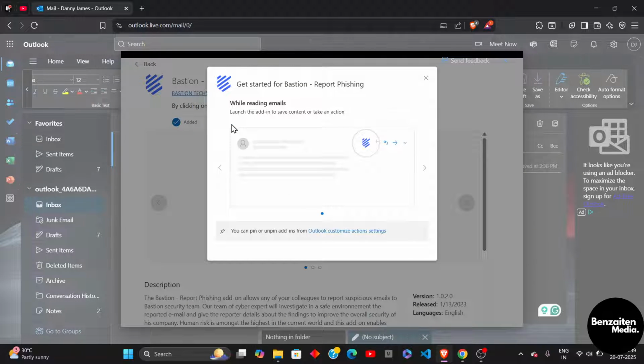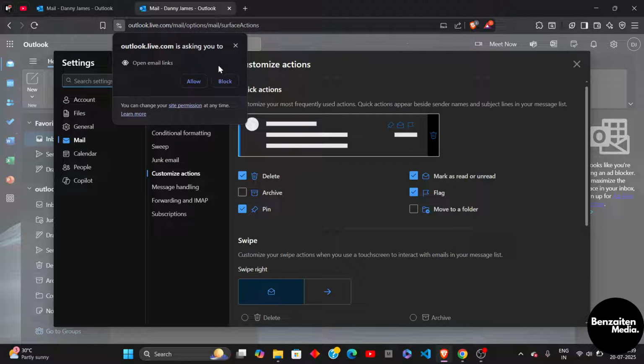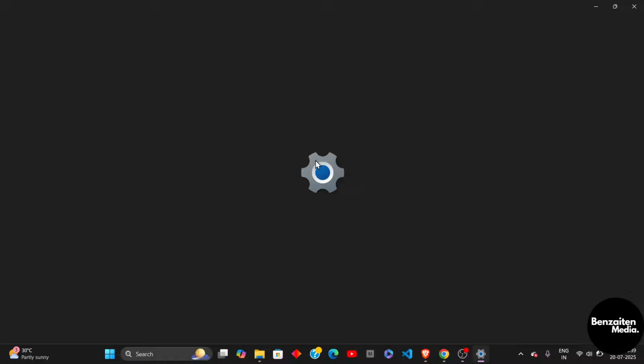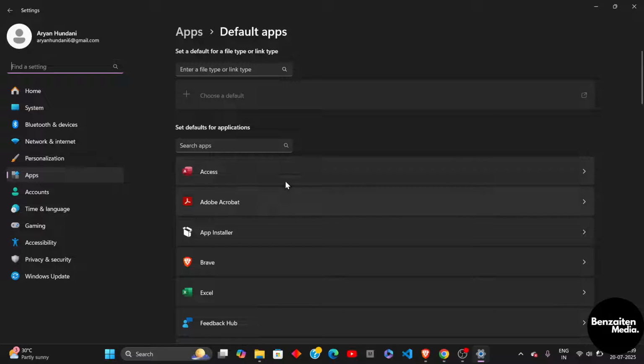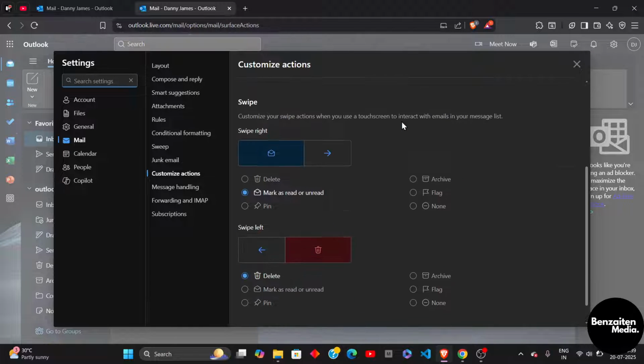And after that, here you will find all the details of the Report Phishing add-in. So click on this Outlook customizations. And after that, you just simply need to click on Allow. And then in the settings, you need to give it the permission. And after giving the permission, you can do the